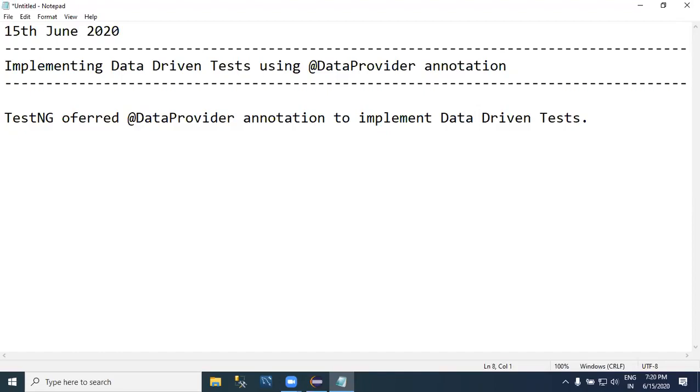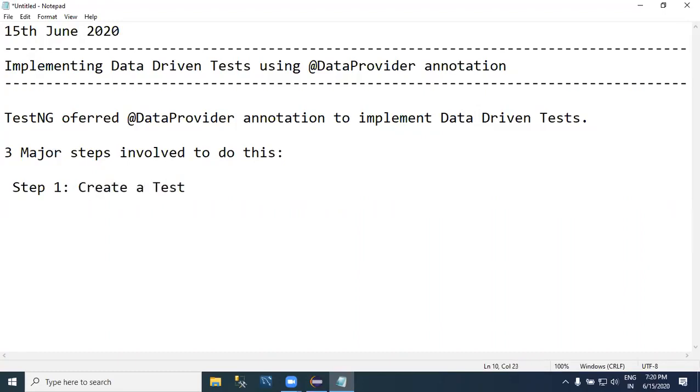There are three major steps involved, or we have to follow to do this. To implement data-driven test cases using @DataProvider annotation, we have to follow major three steps. What is the first step? Step one. Create a test method